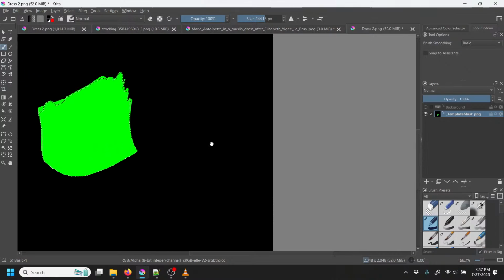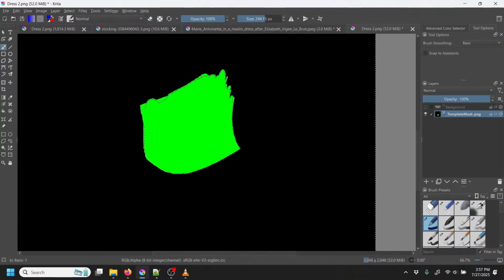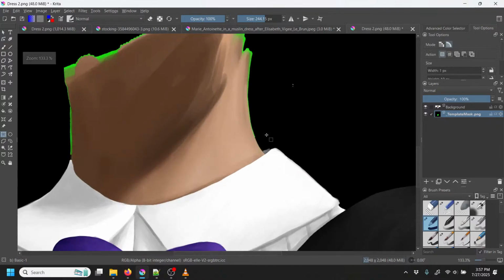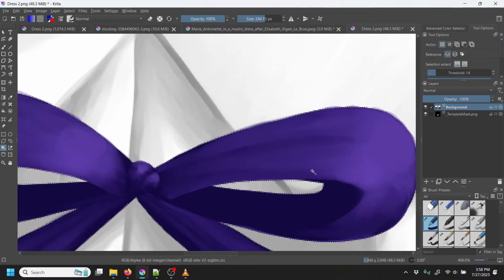Now, that would be the end of it, but as you may recall, our bow is meant to be an army palette color, which means we need to paint that in so that the game knows, oh, this is something to hue shift to match the army palette. So let's get rid of this selection. And let's zoom in here. Let's see if we can magic wand. That's pretty good. That's pretty close. So we can do a thing here. In select, we can